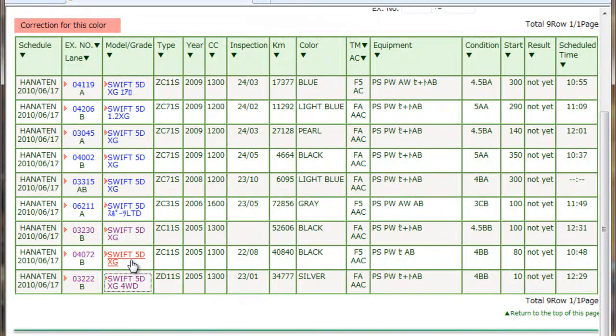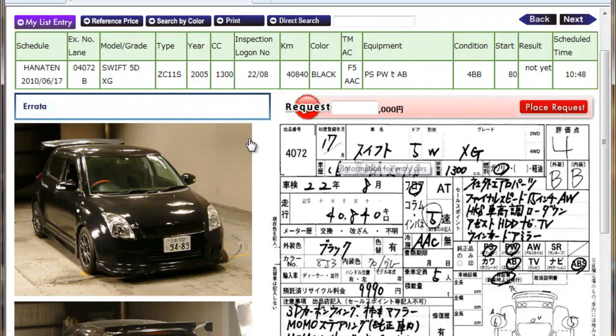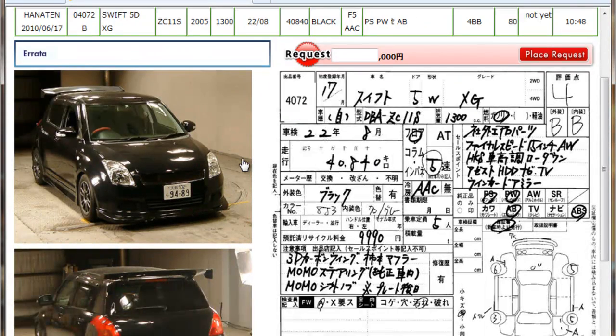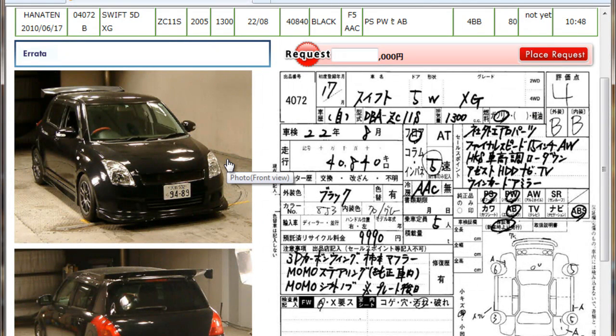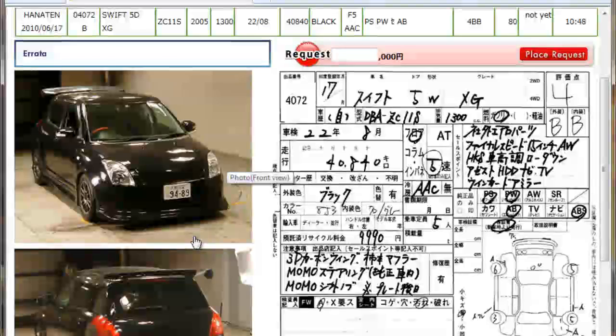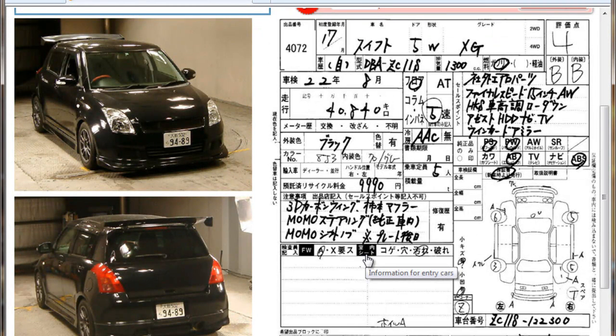So next we'll take a look at this one. And this one is the manual transmission. And you can see right away it looks like there's a couple of other aftermarket additions. There's the fin back here, and looks like the exterior here is also in pretty good shape,